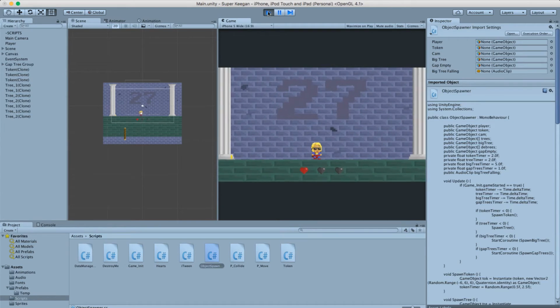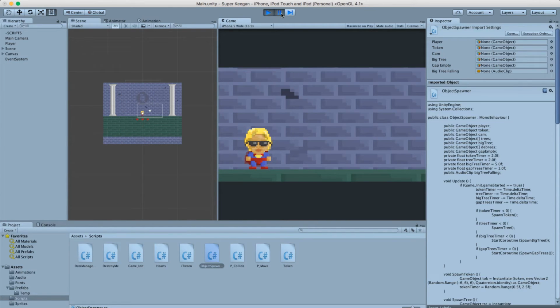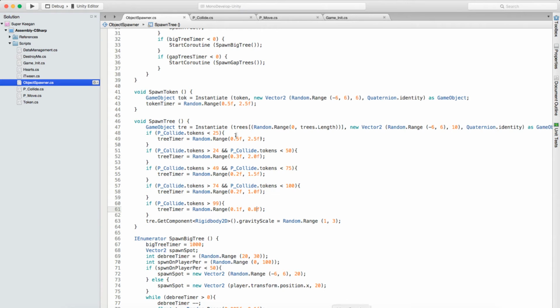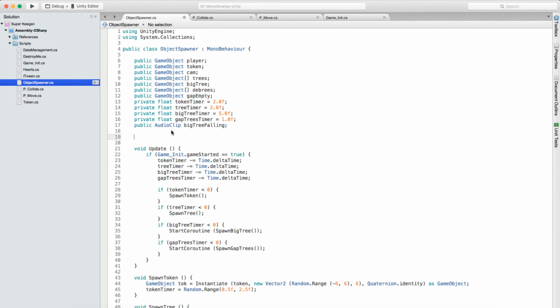Alright, so now they should become a bit faster. Spawning a little bit faster than before, yep, and you can already tell. And I'm dead. Alright, so what we can do is just, in our start, for object spawner, void